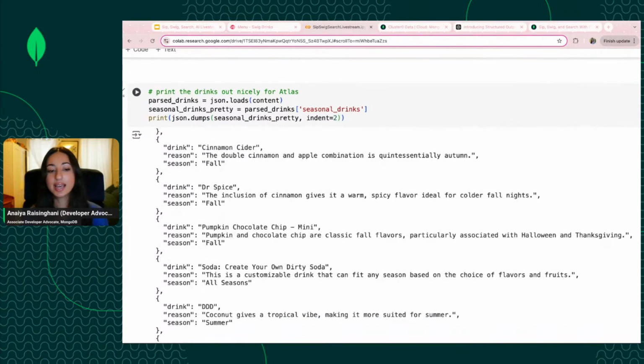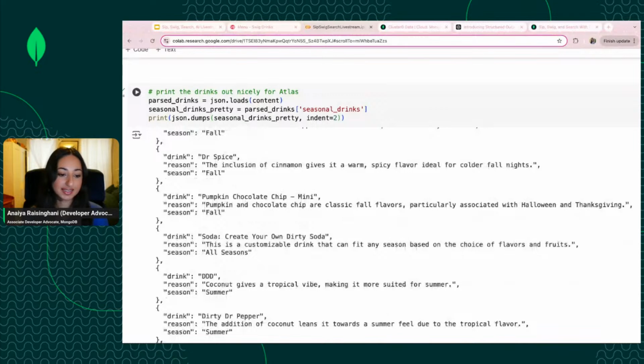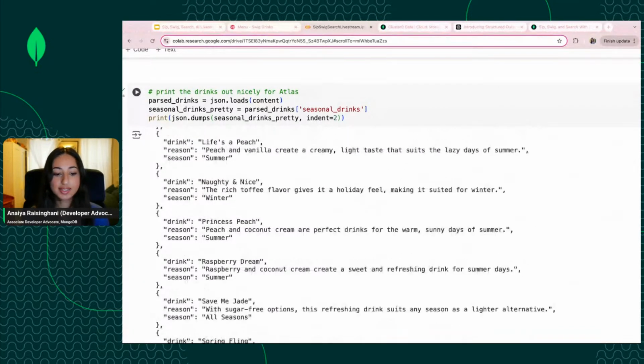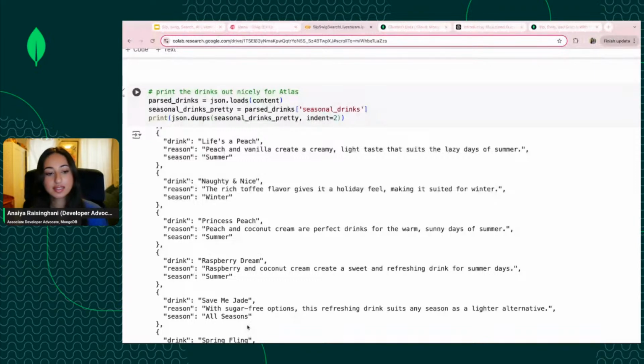And then the cinnamon cider, the double cinnamon and apple combination, is quintessentially autumn. But let's scroll down and see some other seasons. It's cool too because they do give me some with all seasons, which, if I wanted to take that out, I could go in the prompt and specify, give me a unique season for each drink,